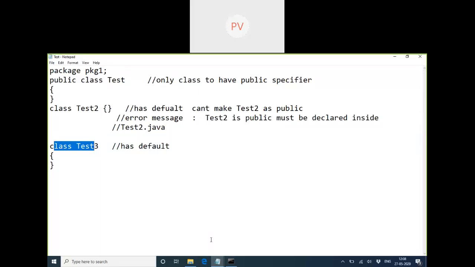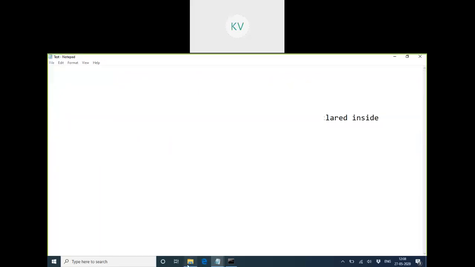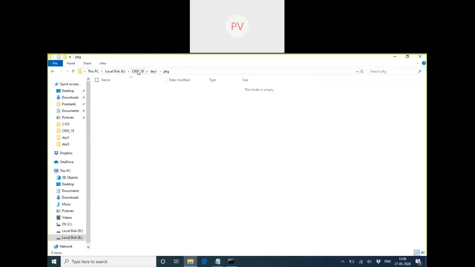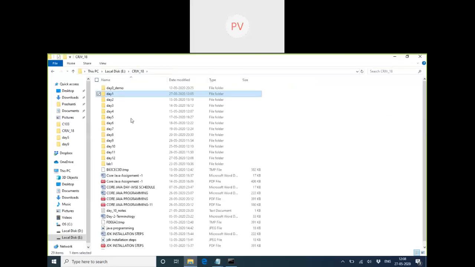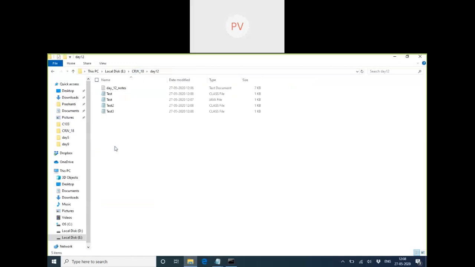Nothing. So we should not compile like that. So we delete all this. I'll delete all the class files. Okay, so again we are back to the Java file.